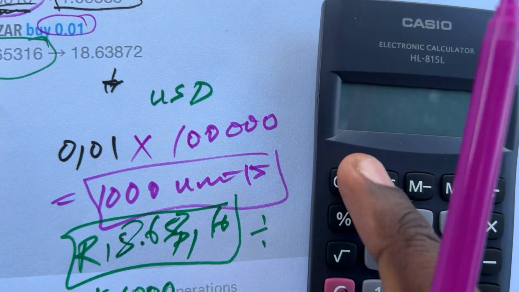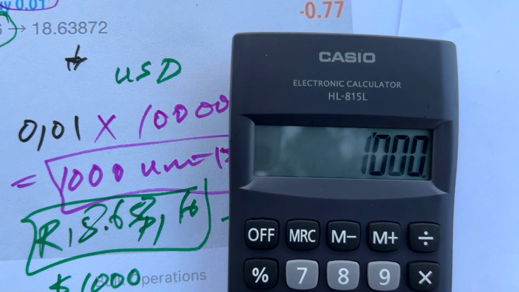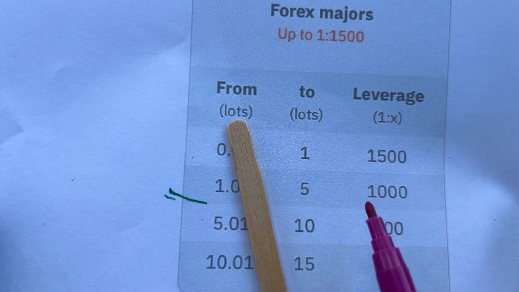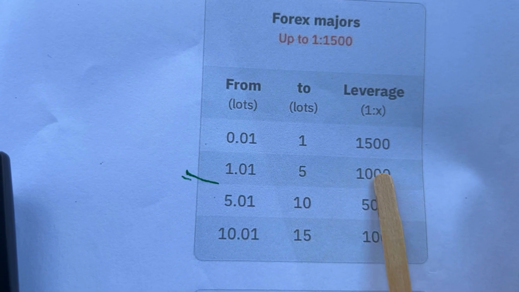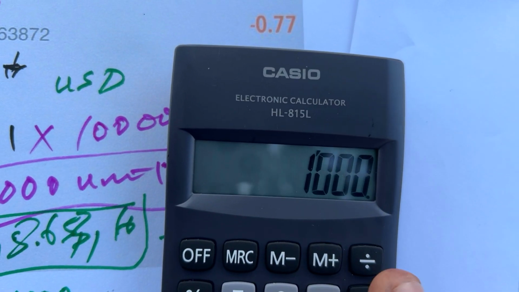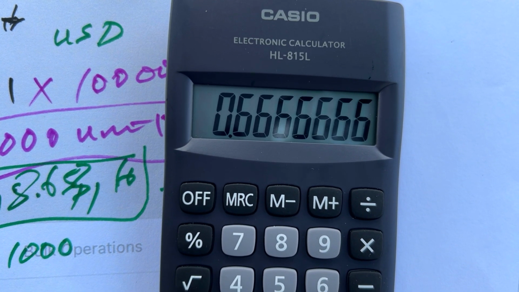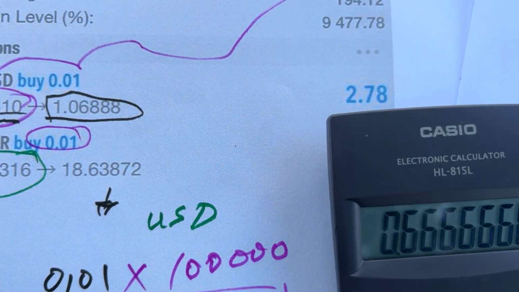Now this is where the interesting part comes into play: the leverage. Let's say right now the leverage is 1 to 1,500. And then we're going to divide by 1,500, and then we're going to get